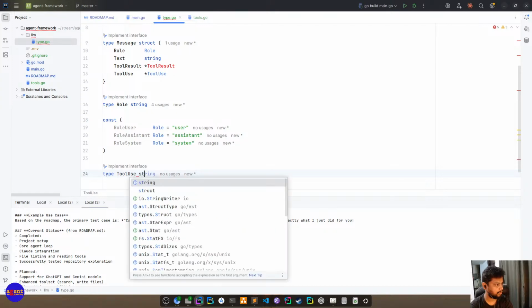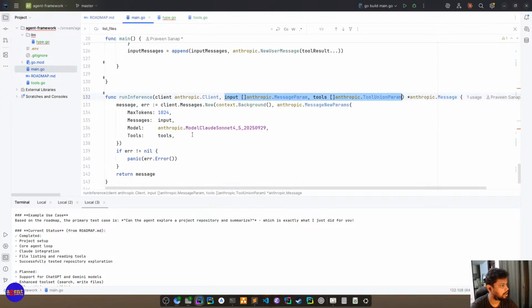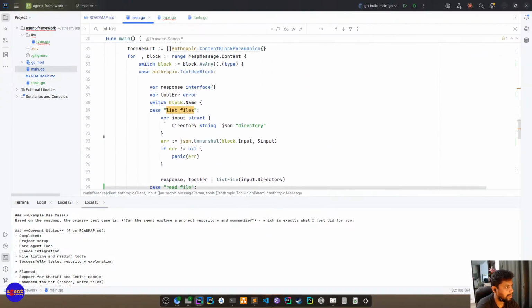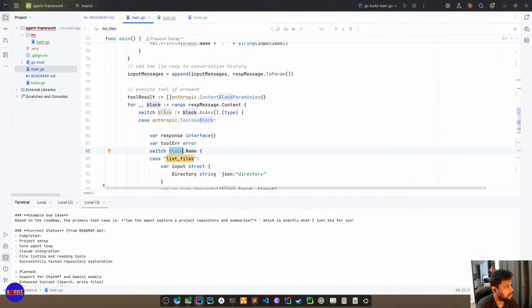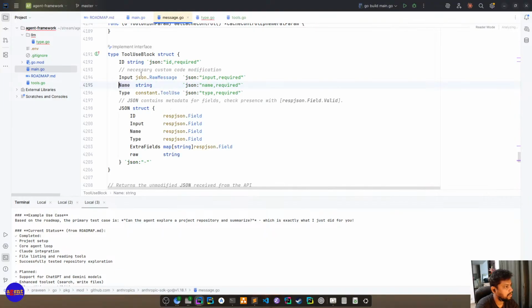So tool use, if you see, let me go back, we have to create an abstraction around the tool use of Anthropic. So let's say it is a tool use block, right? So in case this block is tool use, we'll see what it has.